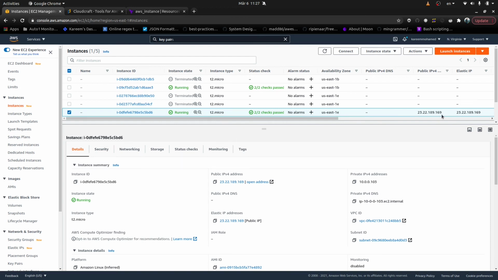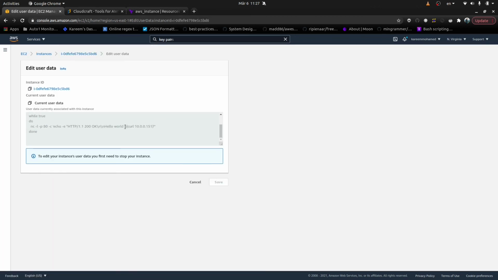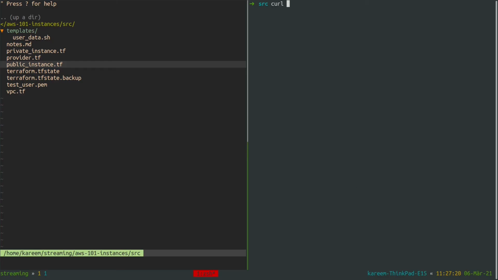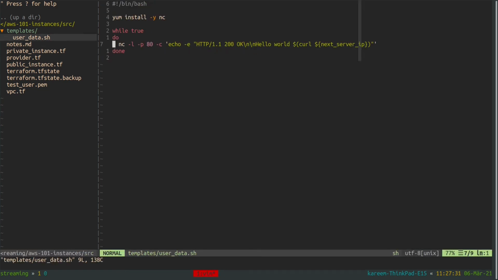The public EC2 instance, if we check the user data, we should see that it is making a request to the private instance. Alright, so if I try right now to make a request to my public EC2 instance, I should get a response from my public instance as well as my private instance. Let me first change this hello world with some variables that I'm going to pass from Terraform from outside, and after each one, I'm going to just add a new line here, just keeping things organized.